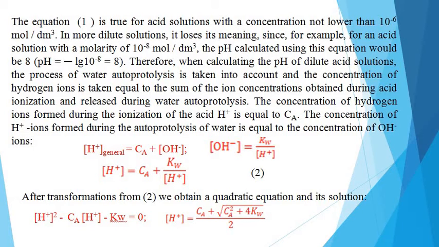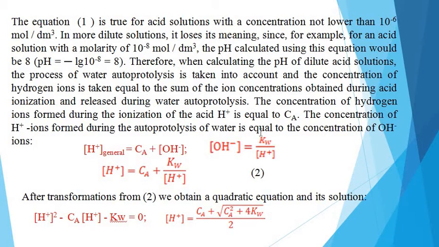The concentration of hydrogen ions formed during the autoprotolysis of water is equal to the concentration of hydroxide ions, and the general concentration of hydrogen ions is equal to the concentration of acid plus the concentration of hydroxide ions,